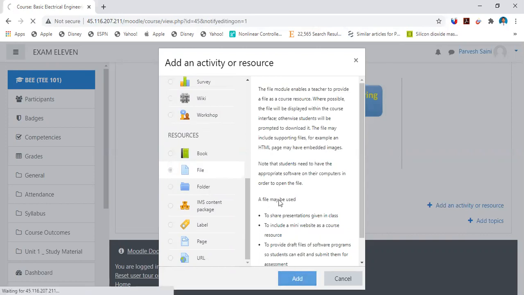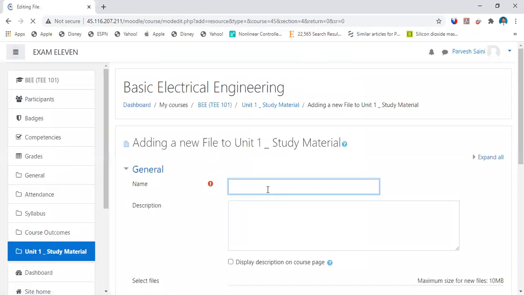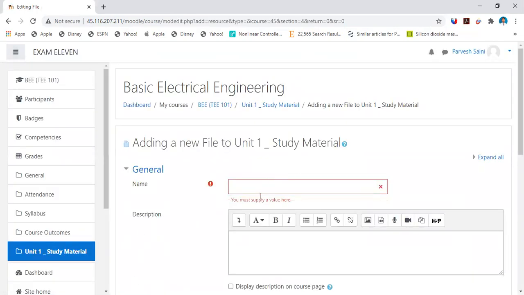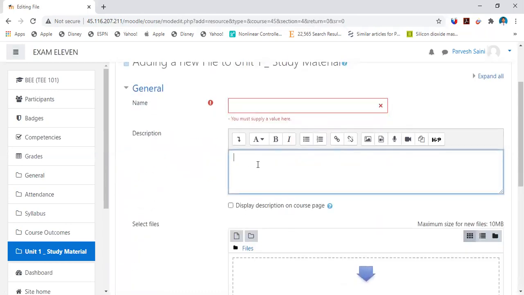Then click on add, and this page will open. Okay, so here in the name option you can type the name of the file, or you can also write lecture 1, lecture 2, lecture 3, or whatever, it is up to you. Then in the description you can mention the description about that particular lecture. For example, this lecture covers, or this file contains these topics, right? So I'll mention here sample